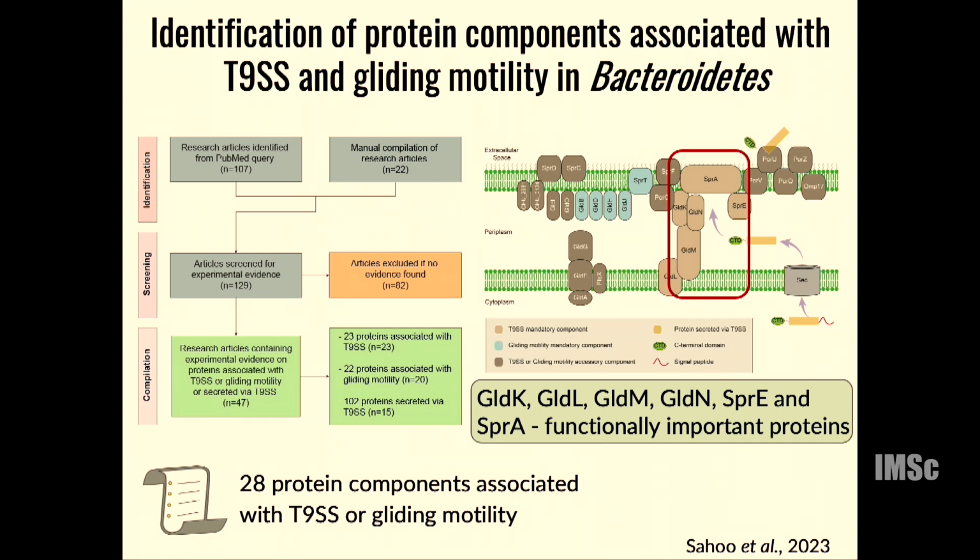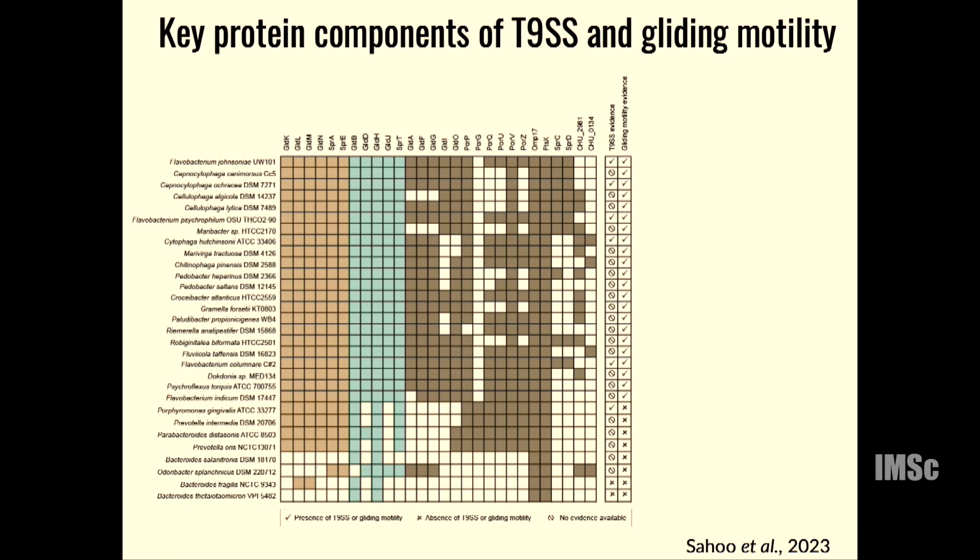So from this visualization and from the literature we understood that these are the 6 proteins which are very much functionally important for the secretion via T9SS. So the next question that we are asking, which is important for us to develop a tool, is: are there any proteins which are a minimal set that we can say are mandatory for T9SS-based secretion or gliding motility? To answer that question, what we did is we took 30 experimentally characterized Bacteroidetes,